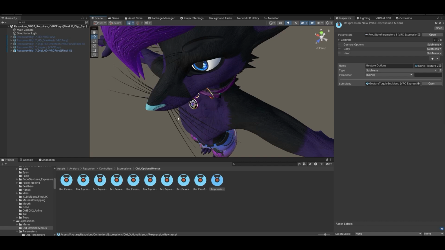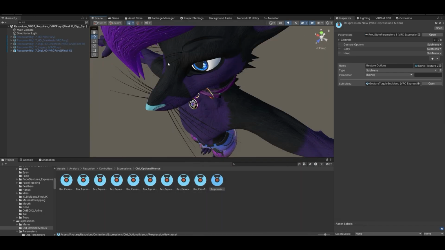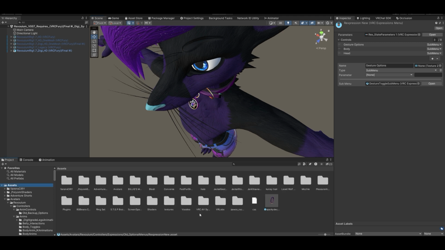Hey there, this is my character for VRChat. And usually when you use the VRChat Creator Companion that you can just download and then open a new project and then open a Unity package, then you usually see something like that in your project folder, and maybe you